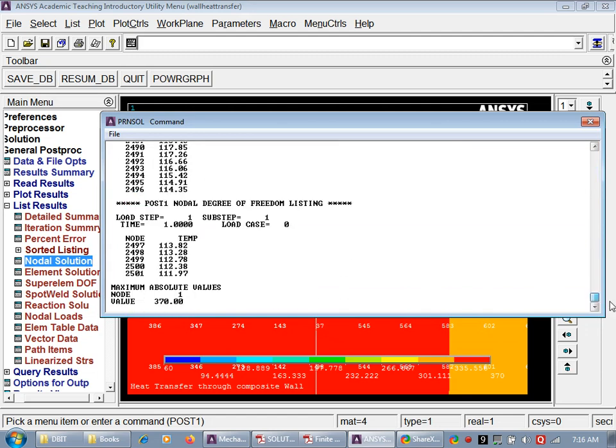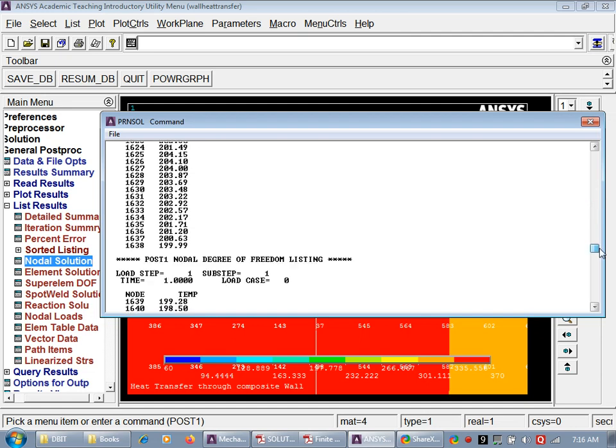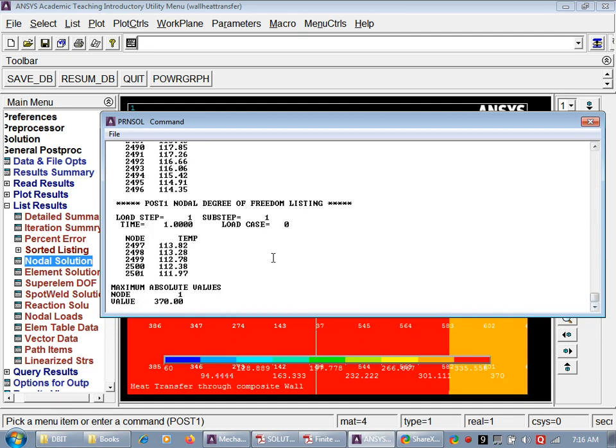So in total we have 2501 nodes. So it's a large amount of data. So we can get specific nodal temperature from this list.